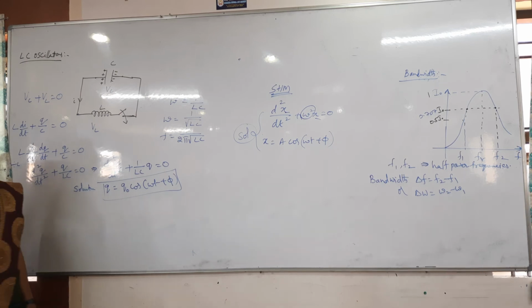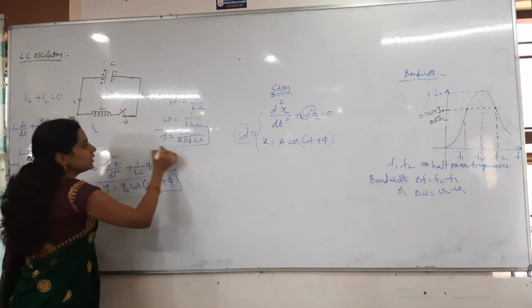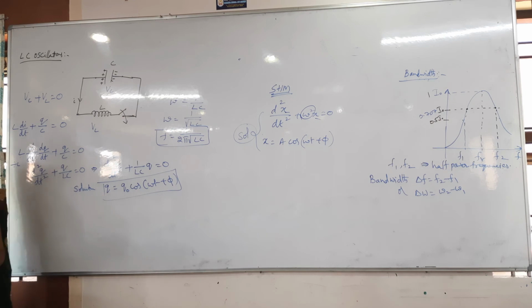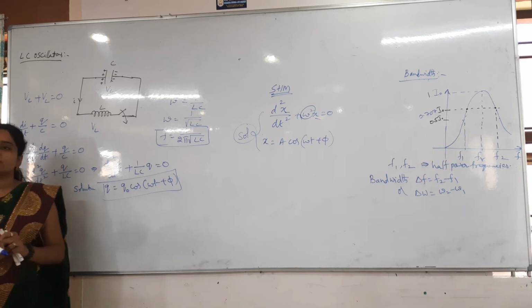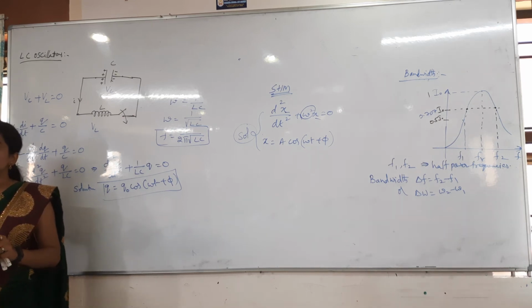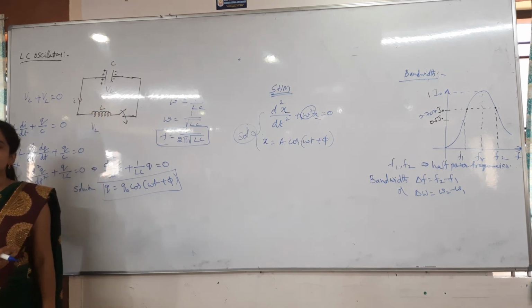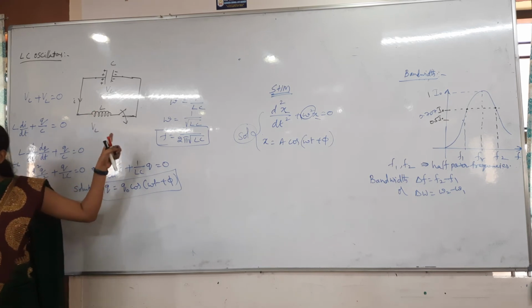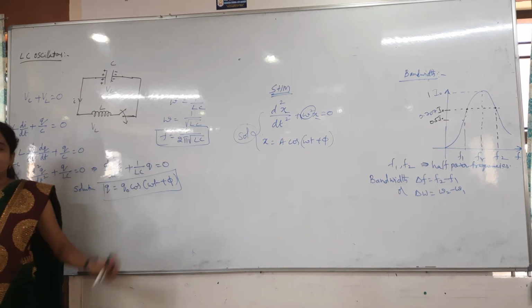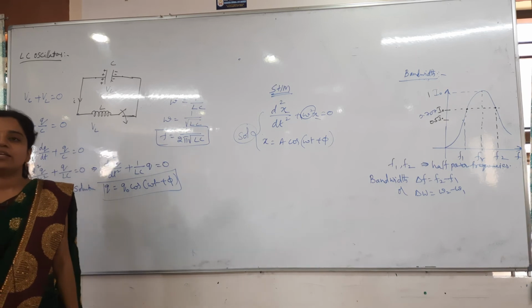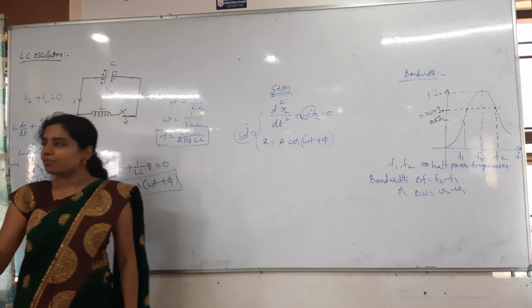Okay. So this is the frequency in the LC oscillations. What is the resonance frequency formula for us? Same formula, different formula? Same formula, nothing but in the LC oscillation, we are getting how much current? Maximum current or minimum current? Maximum current, and the reactance will be minimum. Z will be how much here? Minimum. At the resonance frequency, I said that impedance is minimum, current will be maximum.